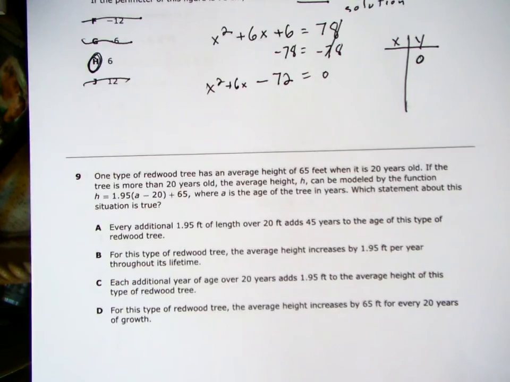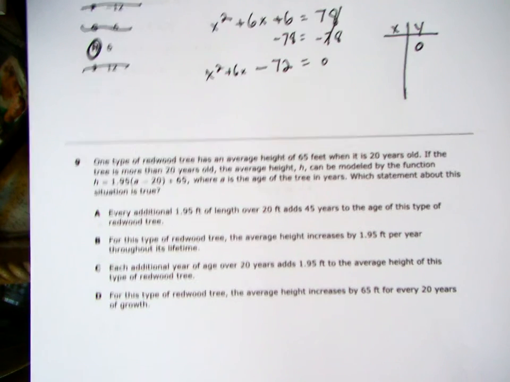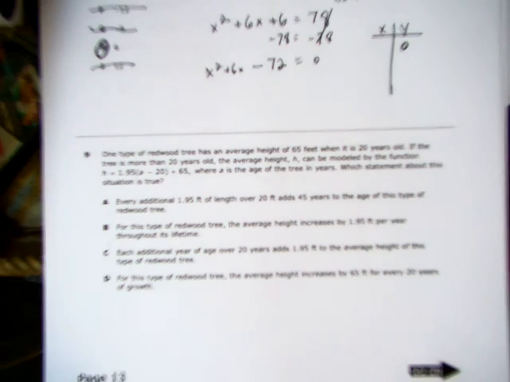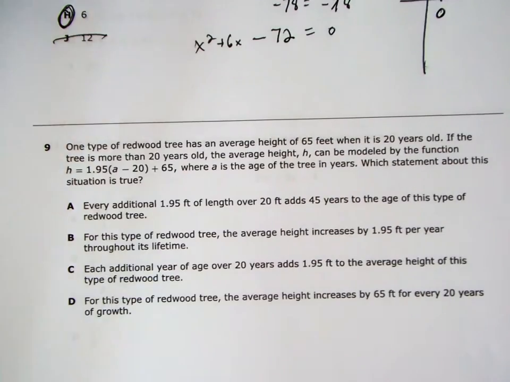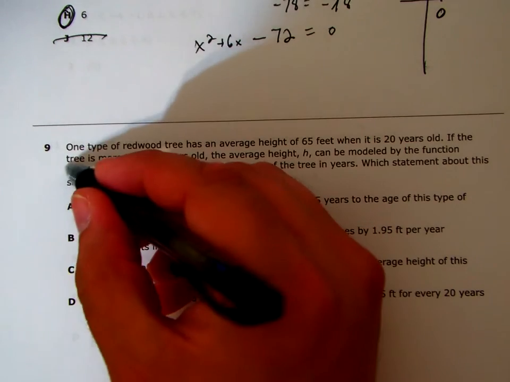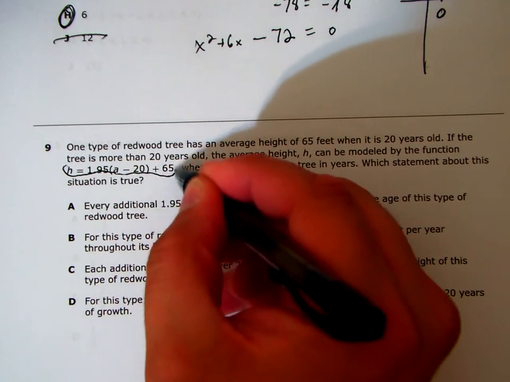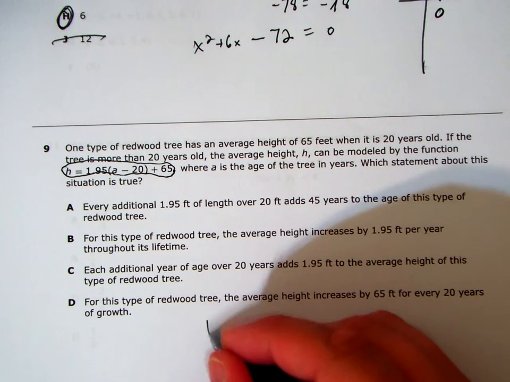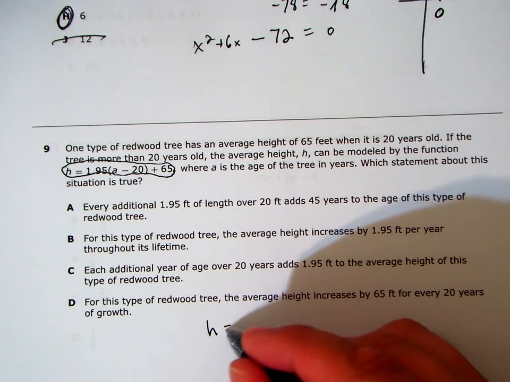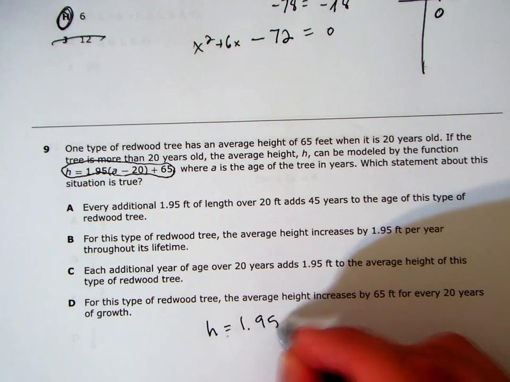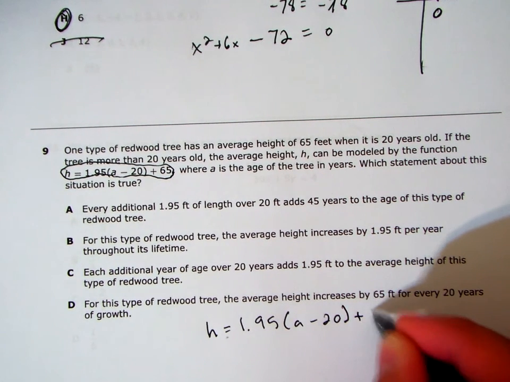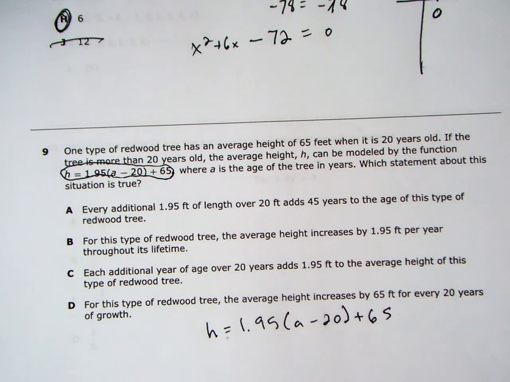Also, okay, so we're going to go to number 9. Okay, so here, y'all, let's analyze it. Before we even try it, let's look at this problem, at this equation. Oops, I wrote over it, so let me just rewrite it again. 1.95 times (a minus 20) plus 65. Okay, so here you have,